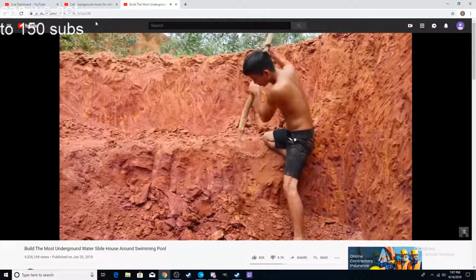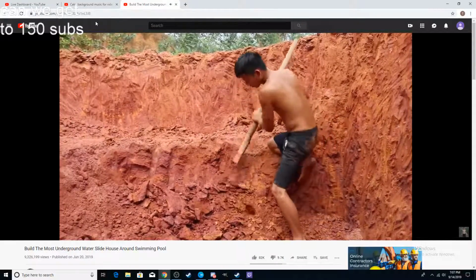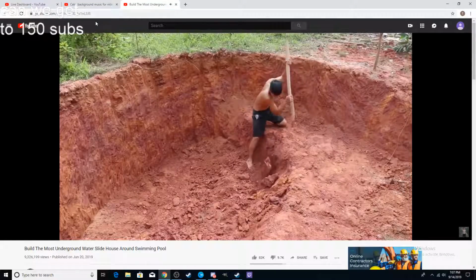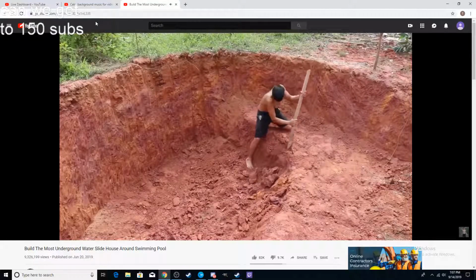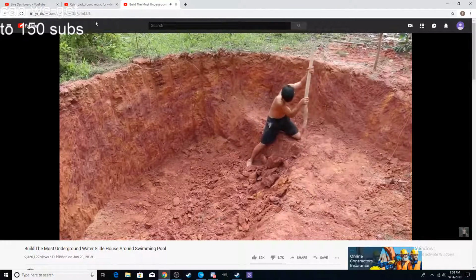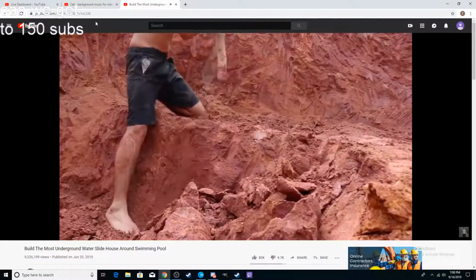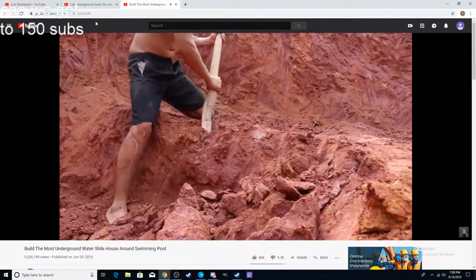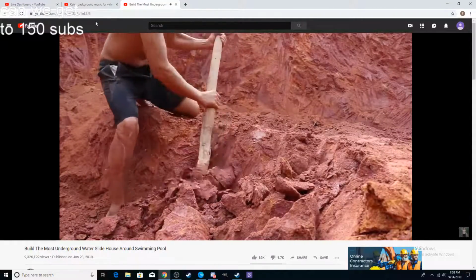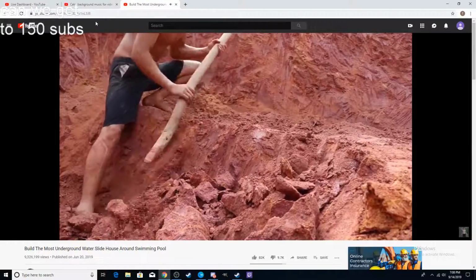But yeah, all these channels are based on taking old world technologies, so like what he's doing right there, taking a really sharp wedge-like stick and digging holes with it and stuff like that. What drew me towards these channels to begin with was the fact that they were actually showing how structures were made back then, which I believe this is how they did it, and if I remember correctly, whenever they make like bricks out of the ground and everything,